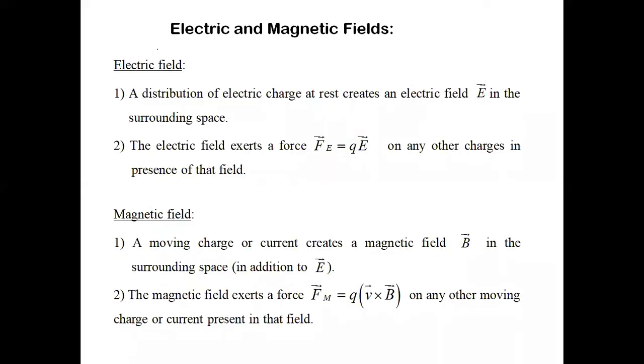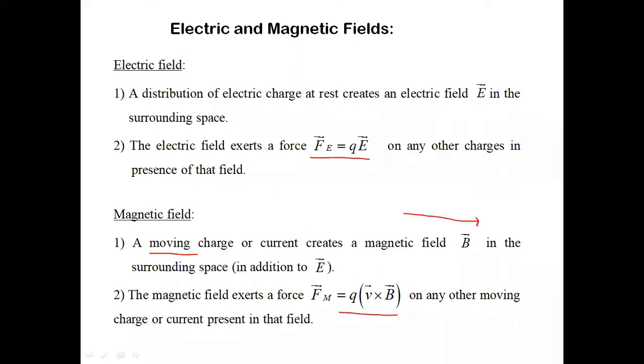A small revision again. You know about electric field, and if a charge Q is present in an electric field, then the force exerted on that charge is Q into E. If Q is positive, the force exerted on that charge will be in the same direction as E. On the other hand, if Q is negative, the force will be opposite to E. Whereas if a moving charge is placed in a magnetic field, then the force exerted on that moving charge is Q V cross B. So the magnitude of that force is Q V B sine theta.